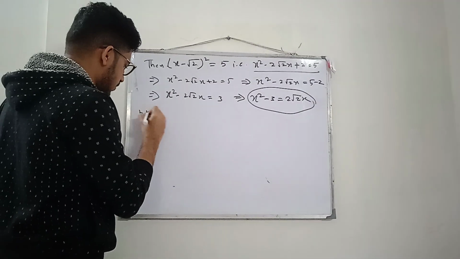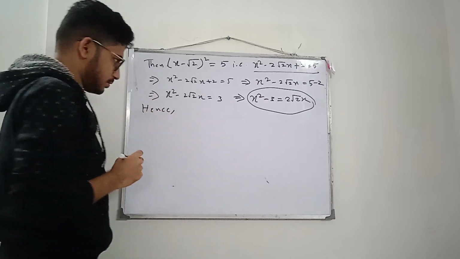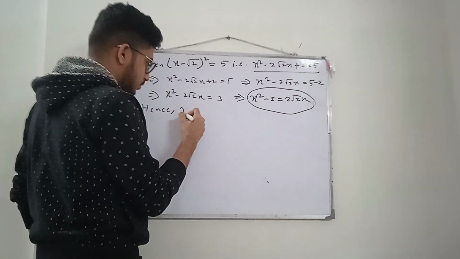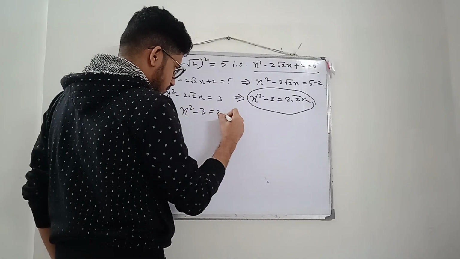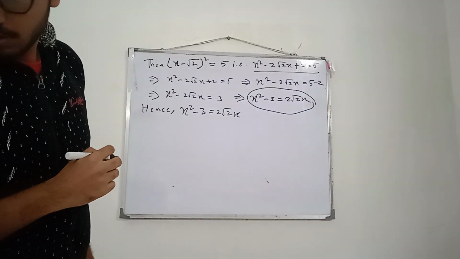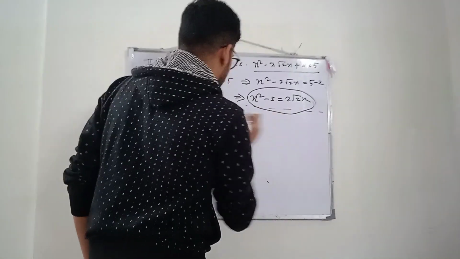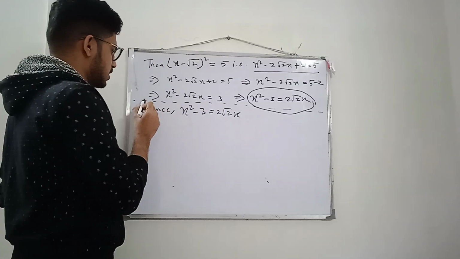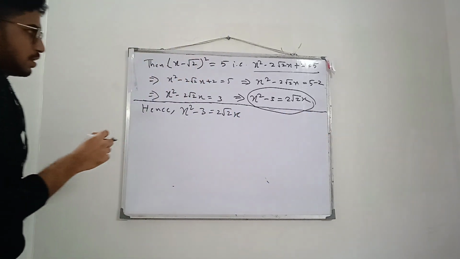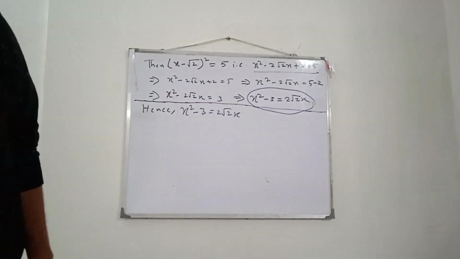Hence we are done with this part. This is the second part. Hence x square minus 3 is equal to 2 root 2x, which gives